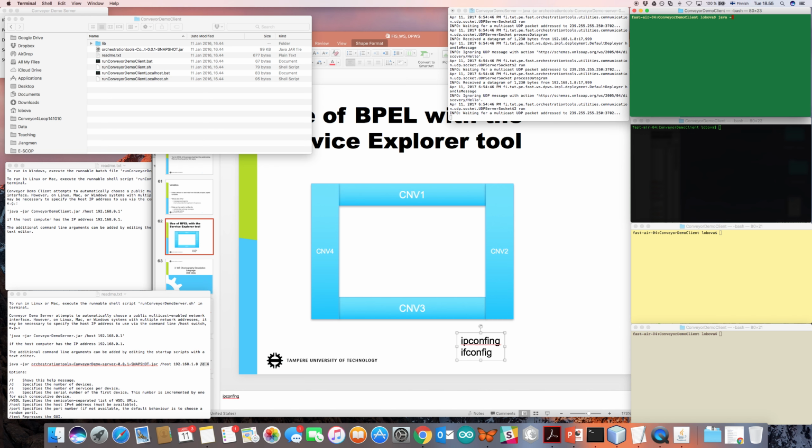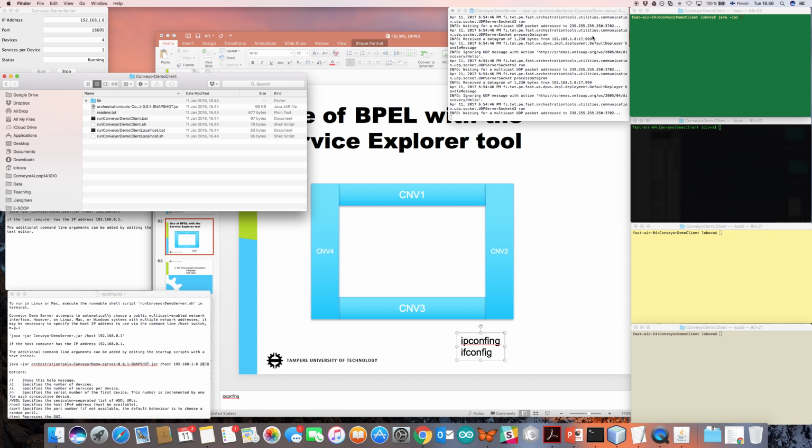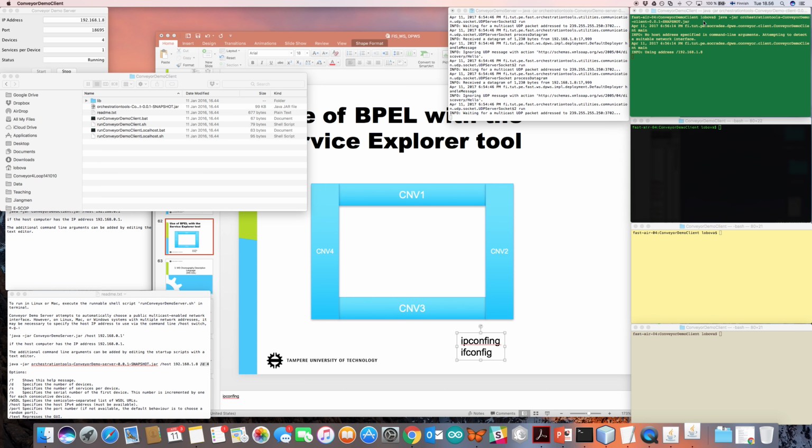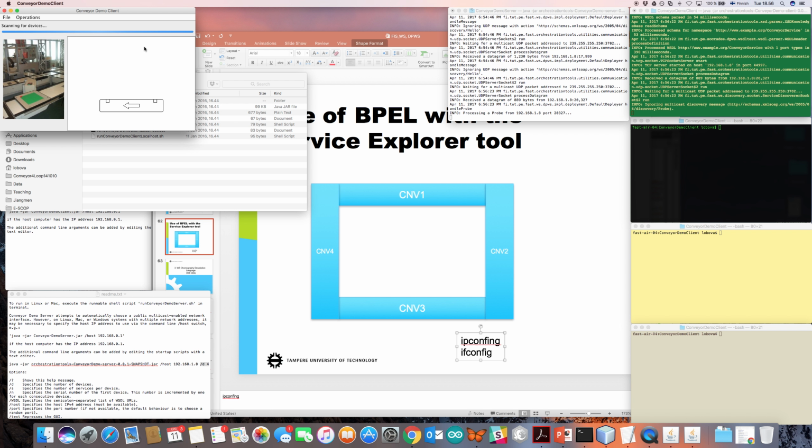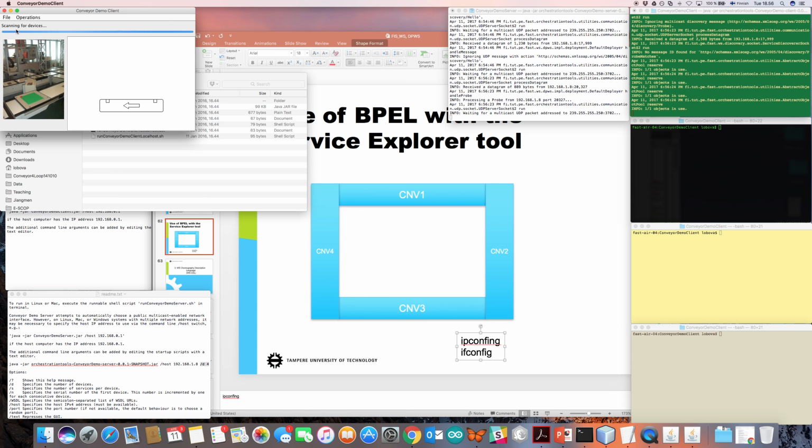I don't need any keys here like host or number of devices, because each window would be just connecting a client to one of those devices we started on the server side. So java -jar and then press the tab key for autocomplete: conveyor demo client snapshot. I press enter, and you should see a window start opening. Yes, it starts opening, and scanning for devices appears. It would be scanning for some time